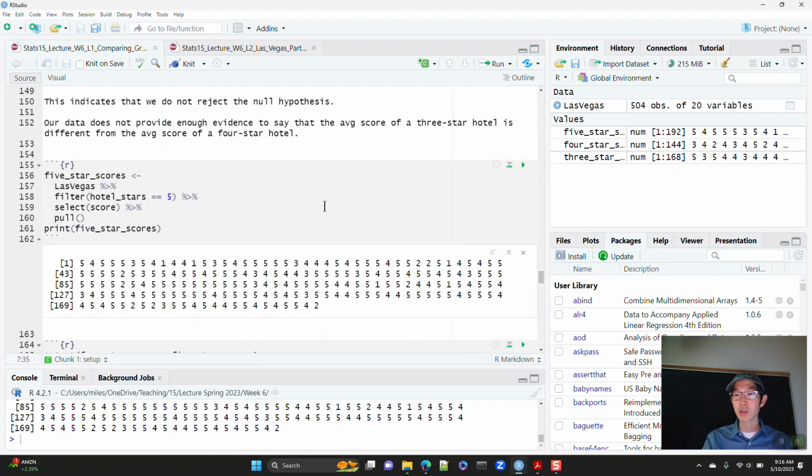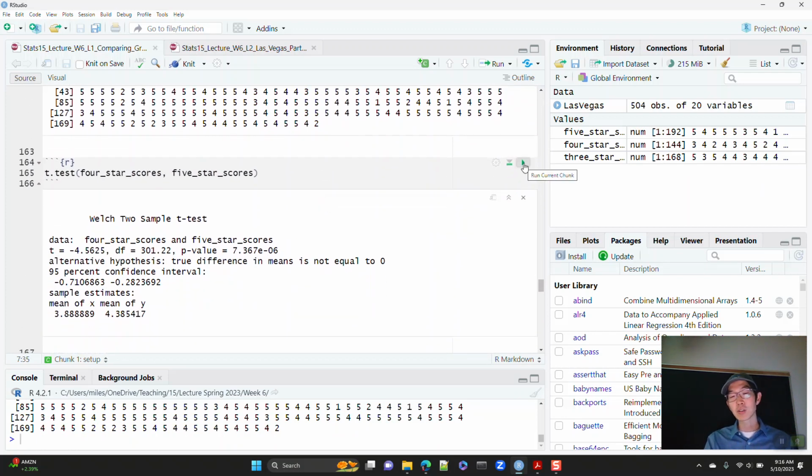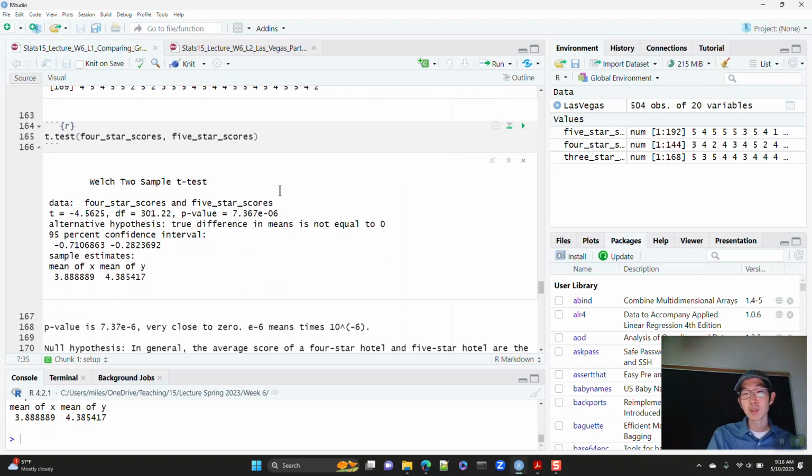Well, we can extract those values as well, and we can do a comparison. We can say, how do the 4-star scores compare with the 5-star scores? And when we do that comparison, we get a p-value of 7 times 10 to the negative 6. So, 7 divided by 1 million. So I guess a 7 in a million chance. A very, very small probability, indicating that it is very unlikely to get a difference between 3.88 and 4.38.